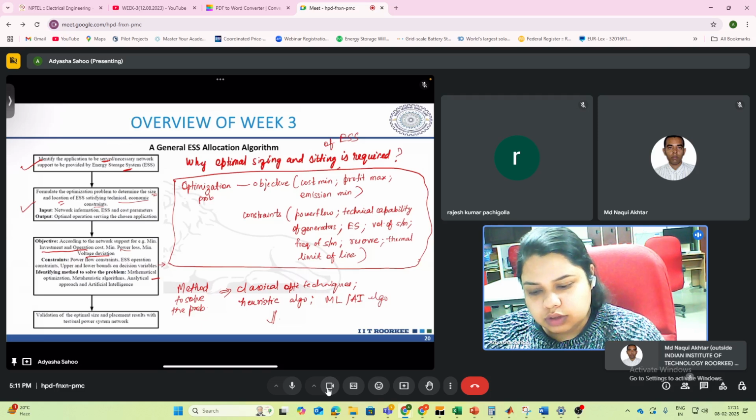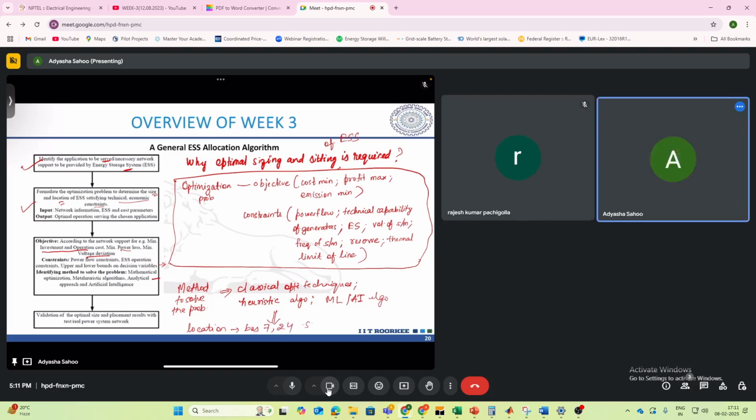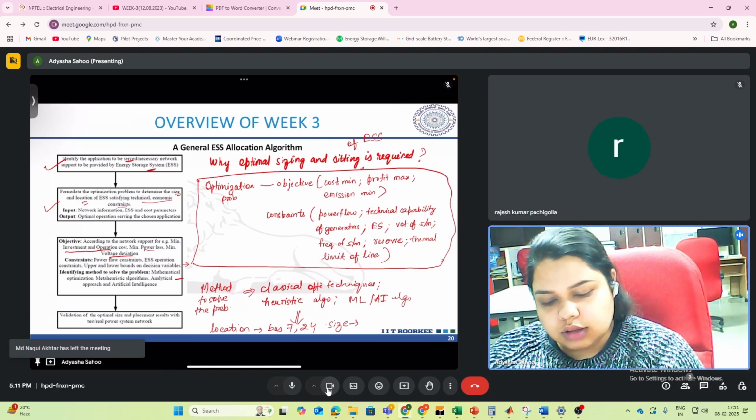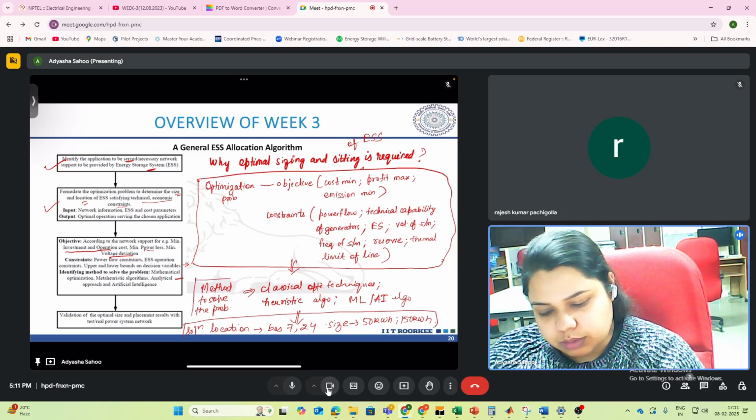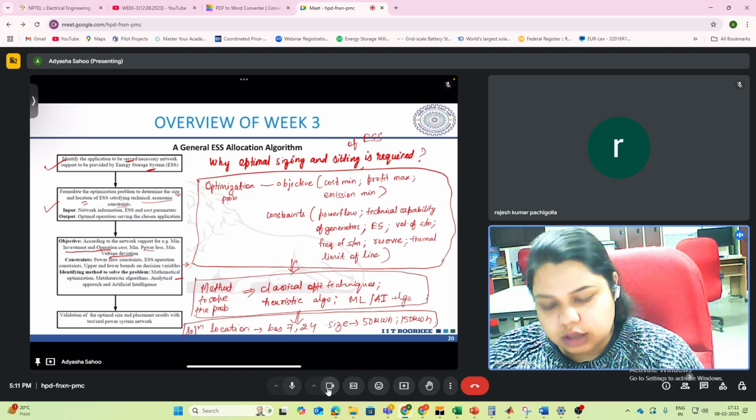And in the result, what you will get is the location. Let's say the location, it is saying that at bus 7 and 24, you need to install the energy storage, as well as it will give you the size. Let's say the sizes are somewhat like 50 kilowatt hour and 150 kilowatt hour respectively. So that will be your solution. So you frame the optimization problem, you solve it using a certain technique, and you finally get your